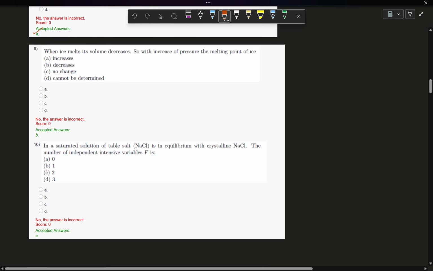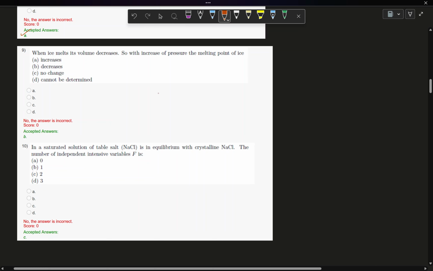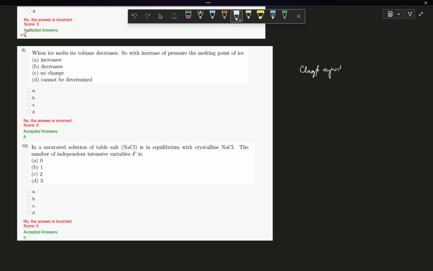Now question number 9. When ice melts, its volume decreases. So with increase of pressure, does the melting point of ice decrease, increase, show no change, or cannot be determined? Which one is correct? So again here the Clapeyron's equation is what we have to use to get the answer. Clapeyron's equation tells that dP/dT is equal to L by T into V2 minus V1,